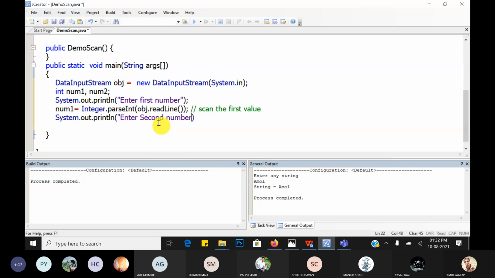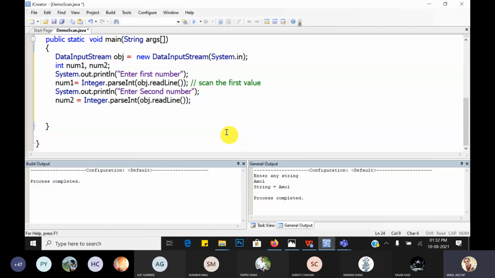Then scan the second value: num2 is equal to Integer.parseInt, and call the method object.readLine. The readLine method scans the string, and we have to typecast that string into an integer.